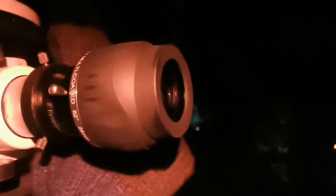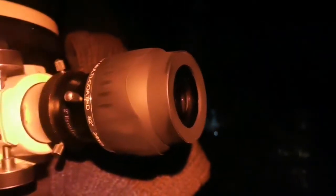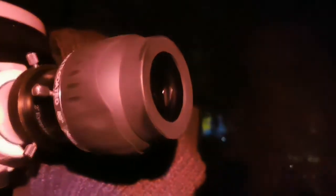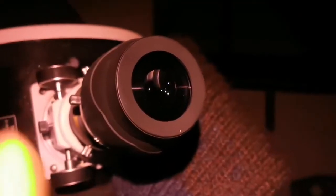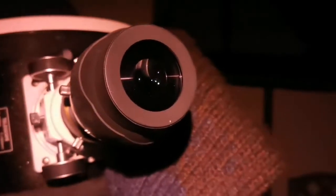I must say this is really good, and you can see that, like the APM, the core of the Andromeda galaxy is very bright and dazzling. You can see the rest of the details, but the core is very bright. Wow, on this one, what I can confirm is that now I can see a star cloud, one of the biggest star clouds of the Andromeda galaxy, one of its arms, is to the side that M32 is located, but the opposite side of the